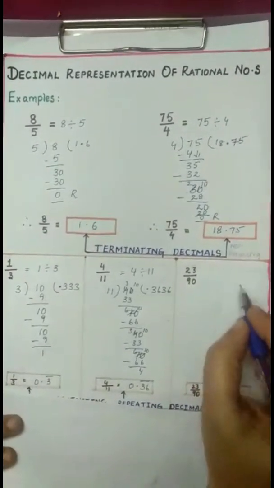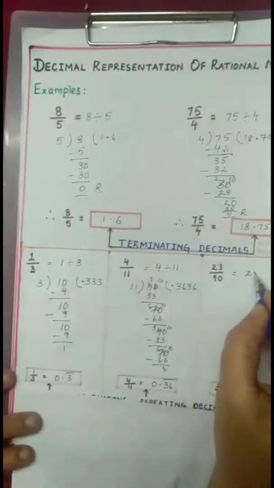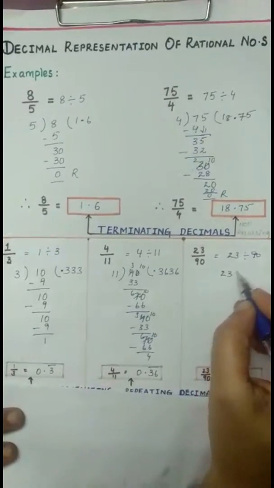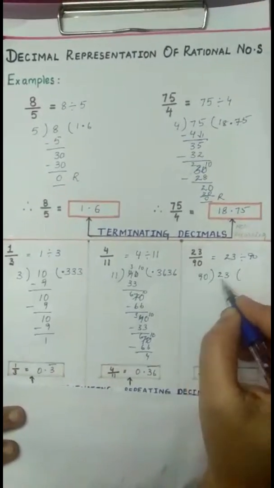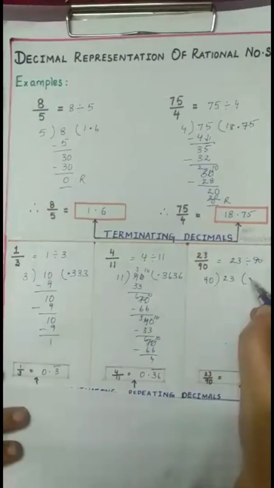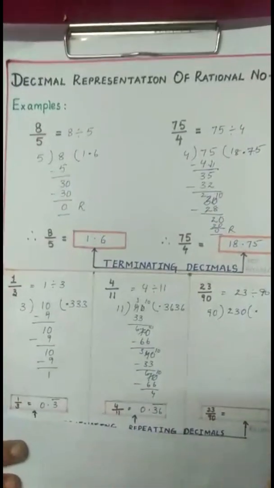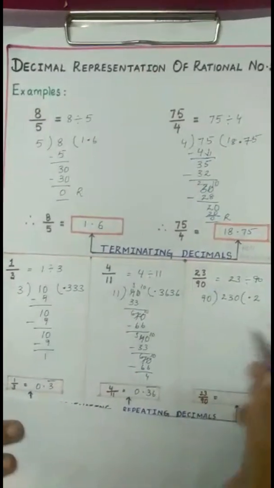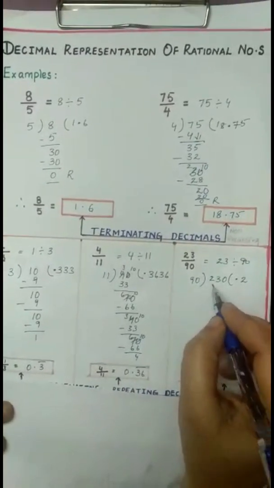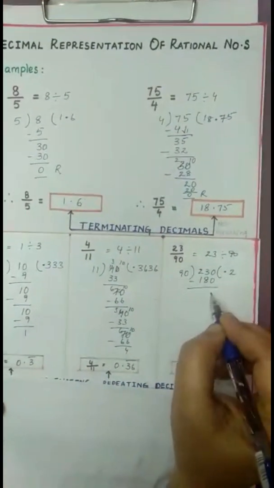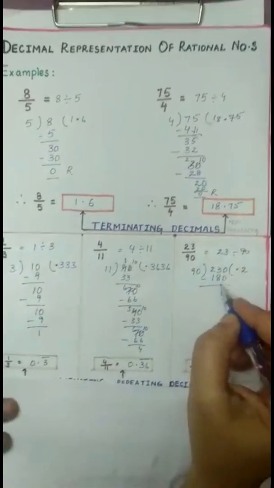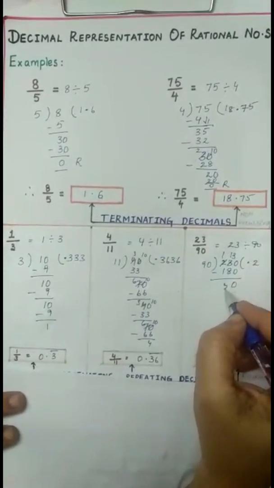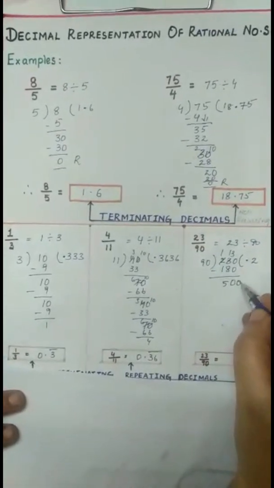Now come to the third division. 23 by 90 means 23 divided by 90. Let us divide. As 23 is not divisible by 90, place the decimal over here and write 0. Now here 9 twos are... 9 threes are 270, which is becoming more, so 9 twos are 180. Now subtract. 0 minus 0, 0. 3 minus 8 we can't do, borrow. Here 1 and here 13. 13 minus 8 is 5. Already we have the decimal over here, write 0.